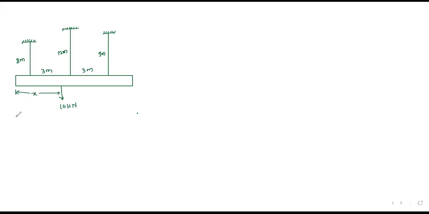Okay, so the cross section area of all wires is the same and Young's modulus for all wires is the same. So Young's modulus is the same and cross sectional area is the same. I will give 10 minutes. You solve within 10 minutes and give me the answer. P1 which is equal to how much? P2 which is equal to how much? P3 which is equal to, and X which is equal to.